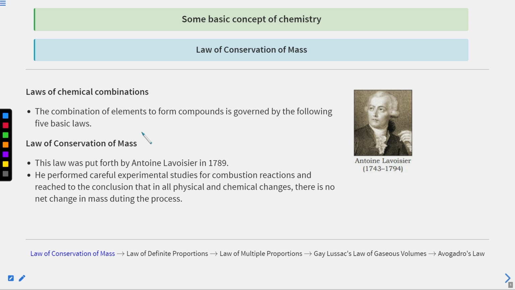There are five such laws. The first one is the law of conservation of mass. It was put forward by Antoine Lavoisier, and you must have studied a similar law in physics, the law of conservation of energy. Similar to that, this law is called the law of conservation of mass. So what does this law say? It says that during a chemical reaction, the physical and chemical properties of the reactants change, but their overall mass remains constant throughout